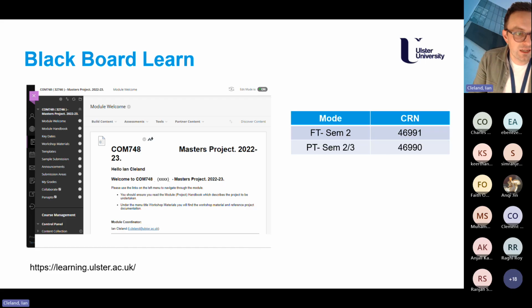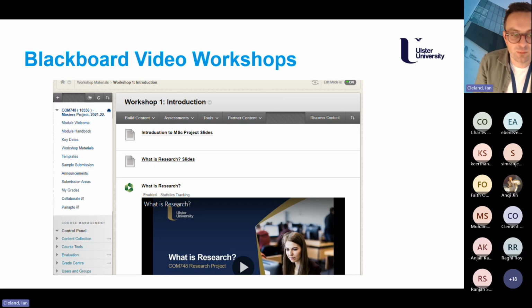When you do get access to that module area, you'll find there are some helpful links on it. There'll be recordings of these sessions, so there'll be a recording of the last one, and there'll also be a recording of today's session. And there's some other workshop material that you can make use of. There's one on what is research, so just how to get started in research. There's one on academic writing, and there's one on presentation skills. And you can watch those as you need to when you're progressing through the MSc project. So all of that material is available on Blackboard in those correct areas.